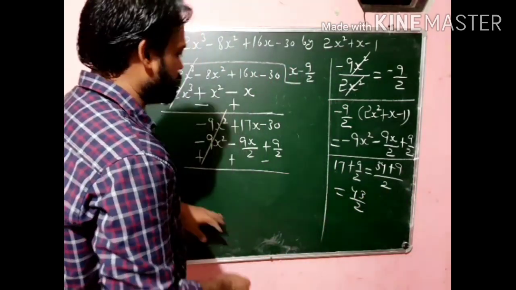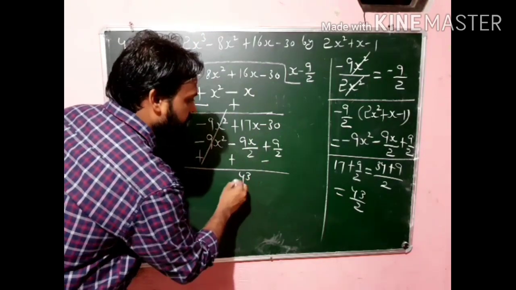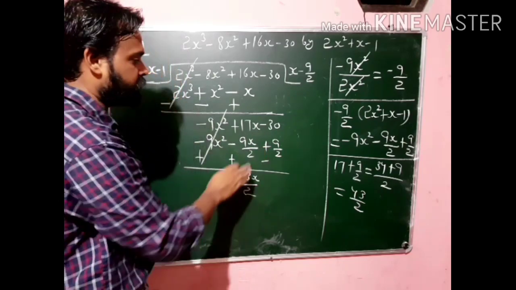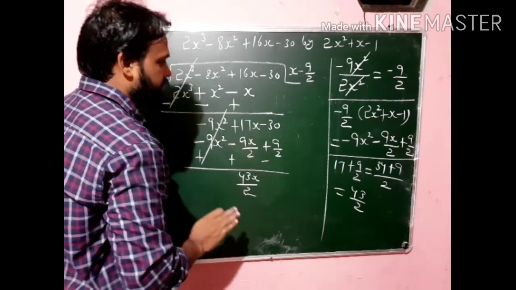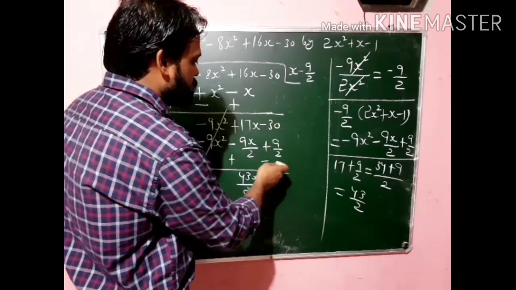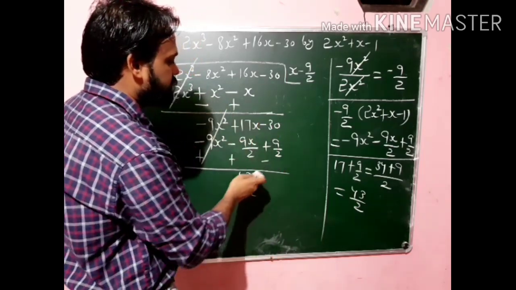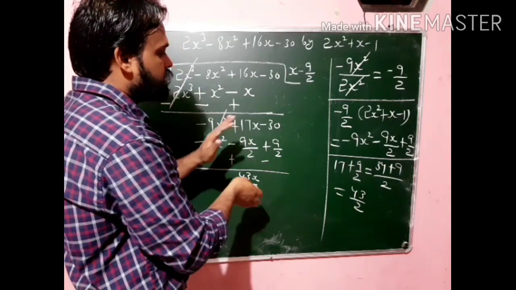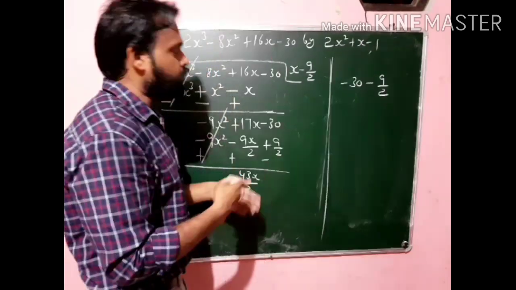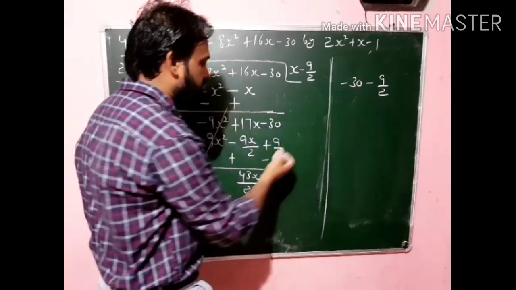I hope this is clear to you. So write down here, this is 43x over 2. Of course we have to write x also, don't forget to write down here x. And now you can see next are the constant terms, and even in this case this is of minus sign and it is also of minus sign, so we have to solve this one again in the same way. So okay, now see, write down this minus 30 here again,